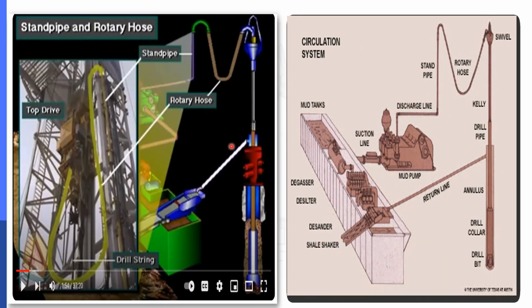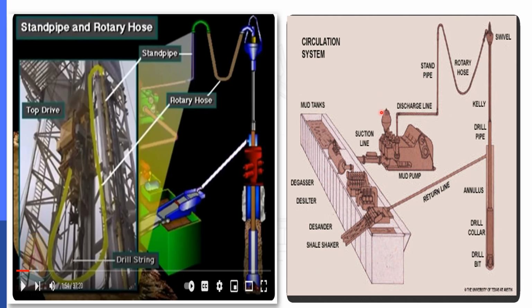Okay, we have two images over here. This is a top drive rig, and this is a Kelly drive rig. From the rotation point of view, of the drill string or drill bit, the rig is of two kinds. One is Kelly drive or rotary table rig, and another is top drive rig, TDS system. I will explain the differences between both of these, but here I just told you from the